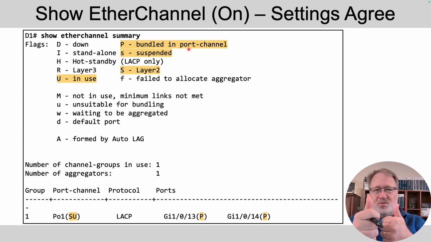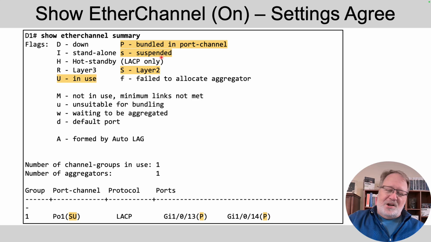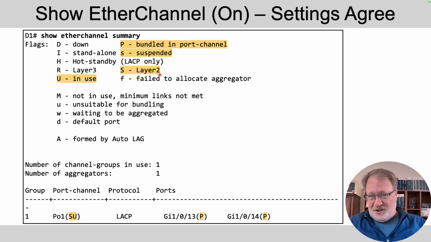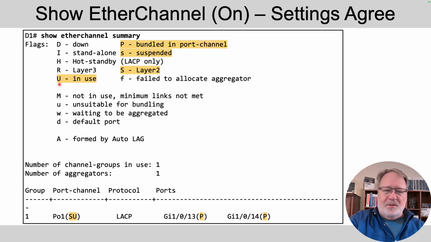So A+ is working, in use. Whereas S, suspended, says, hey, we tried those checks and this port is not functional. So this output was taken from example 3 when everything was great. Also highlighted down here, it says SU, uppercase S and U, for the port channel itself. It says it's a layer 2 port. In other words, I've just defaulted it to continue to act like a switch port,